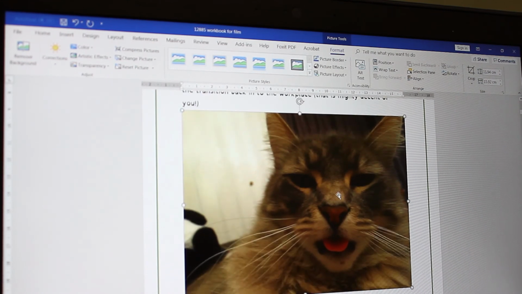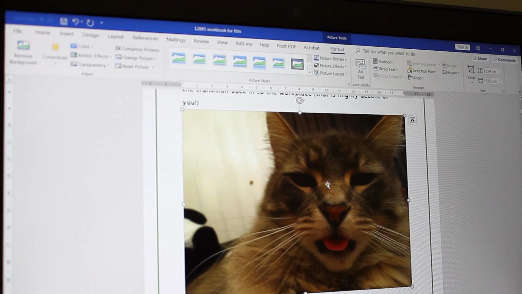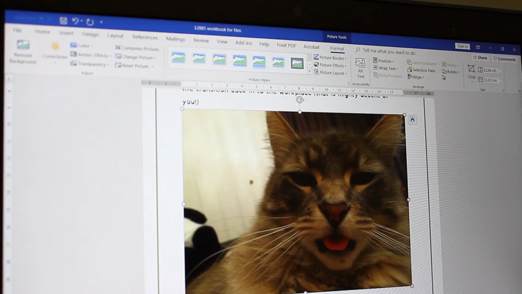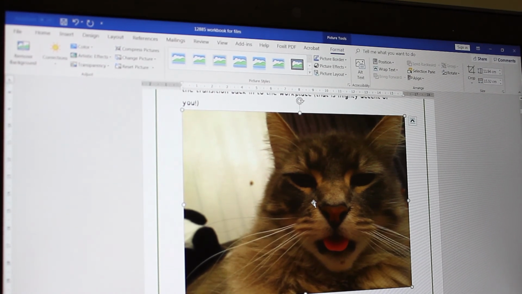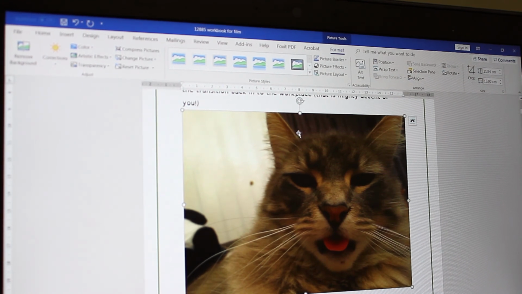But importing a photo or an image into your document is as easy as that. And there's a whole plethora of things we can do with it. Okay? Now, let's say we want to crop the image. We want to keep, let's say, the cat's face, but get rid of the wall to the left. That's easy. All we have to do